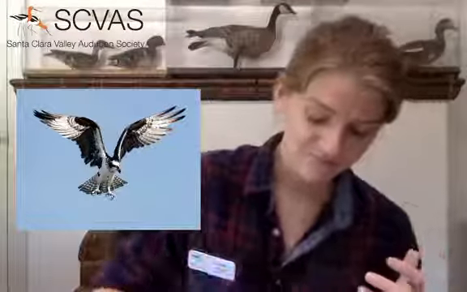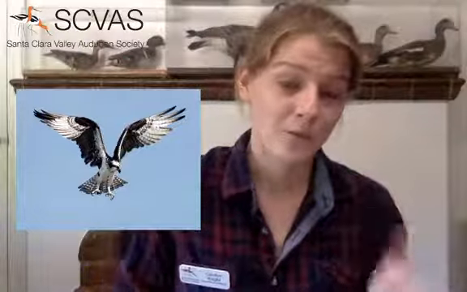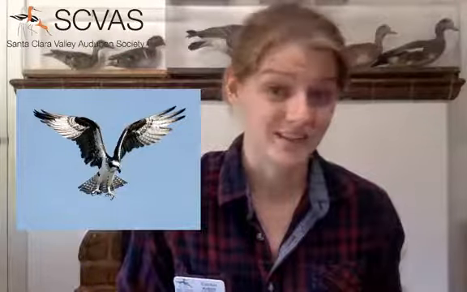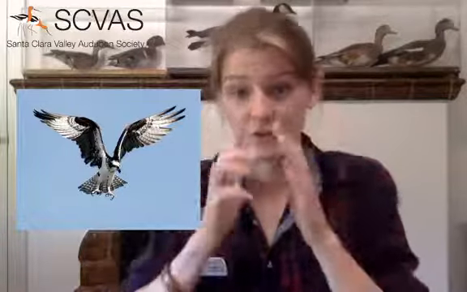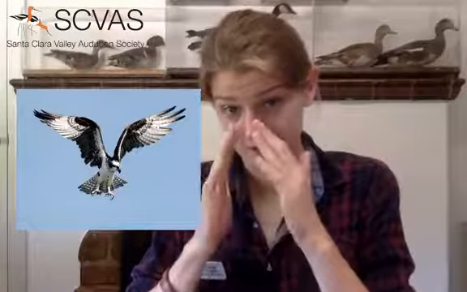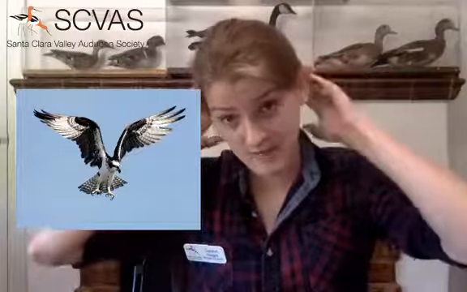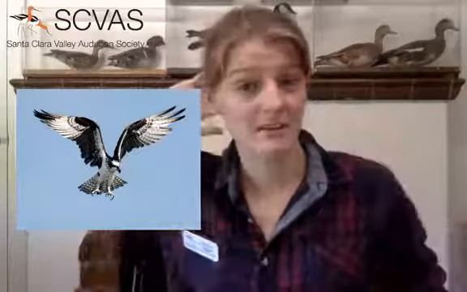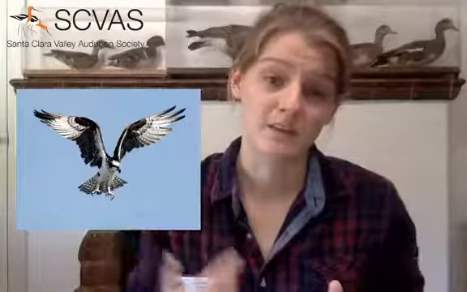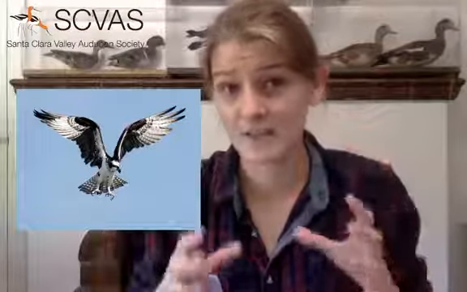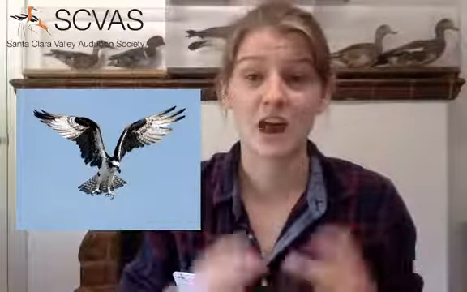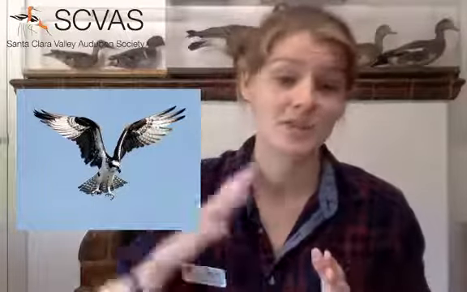So, when we're looking at field marks for these birds, right off the bat, on the head, we've got those eye stripes, and they go from the beak itself, the nares and the nostrils, all the way back to the back of the head, going through the eye, with a white cap and a white throat. So you've got a very distinctive division of its face, which is really nice.